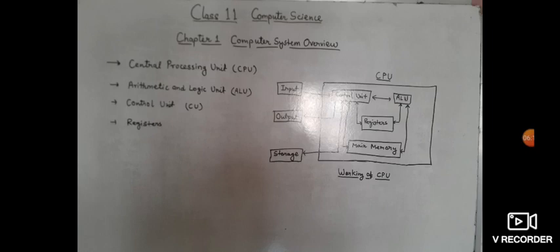The first two steps make what is called the instruction time, and the last two steps make the execution time. The combination of these two is called the machine cycle. Means the first two steps, accepting instruction and data, are called the instruction time, and then performing the execution on that data is called the execution time, and the combination of these four steps is called the machine cycle.